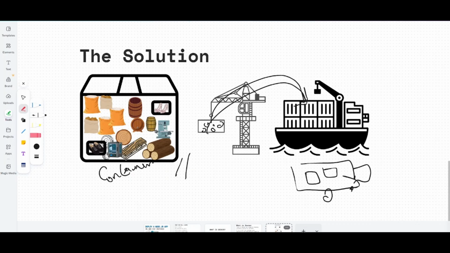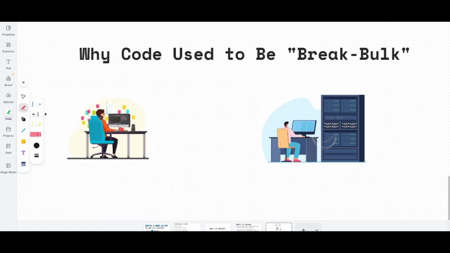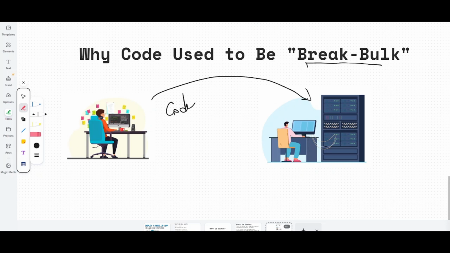to their destination. Before Docker, software development looked exactly like the break bulk shipping we've just described. Now imagine building a website. To get it running on a company server, you couldn't just send the website code. You had to send a chaotic mix of loose goods. So you have to send the code itself, a specific version of a database, let's say MySQL 8.0,